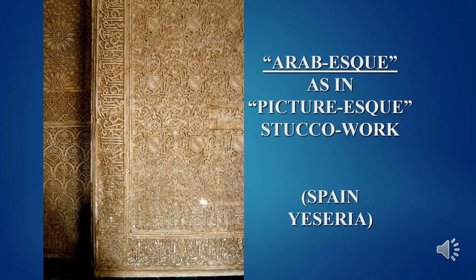Another incredible use of stucco is what's called yesoria, and it's carved stucco work. We see this in Morocco, and Moroccan artists came up into Spain and brought this technique with them. And what they do is they take wet plaster, they put a stencil on it, and then they start to carve out these different very ornamental layered techniques within the plaster. So we'll talk about this in great depth in a couple classes.